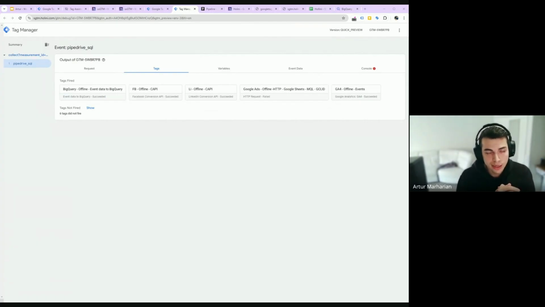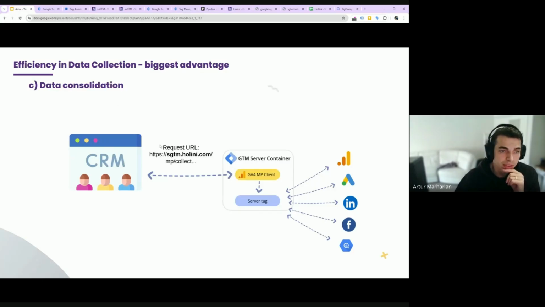tools like Zapier, Make, or things like that, because it might be a privacy question if you're okay to share your CRM data with these tools. You can dispatch it through your server-side GTM to certain endpoints. And this is, I believe, the biggest advantage of the server side for